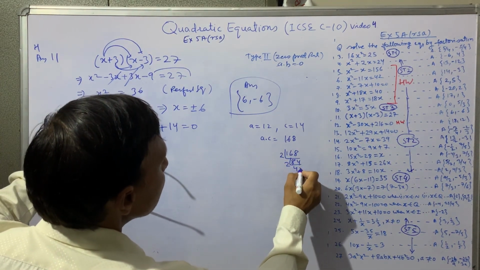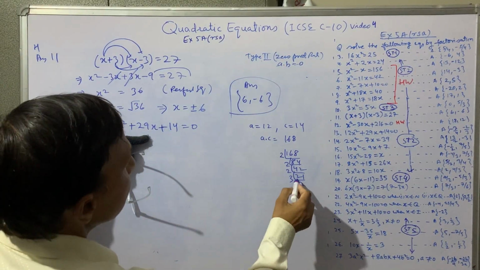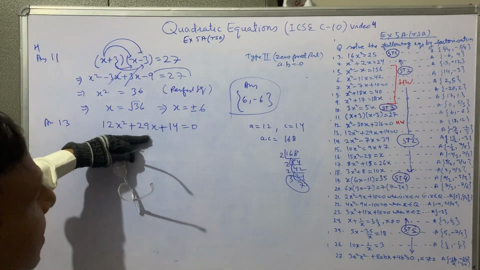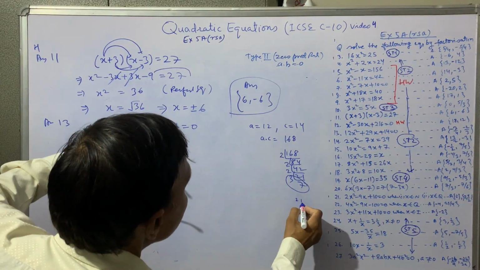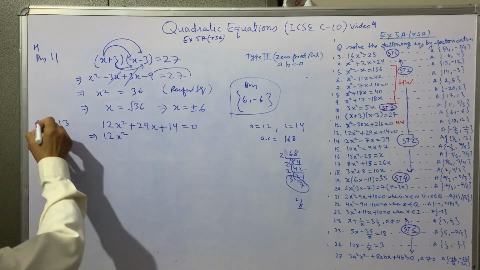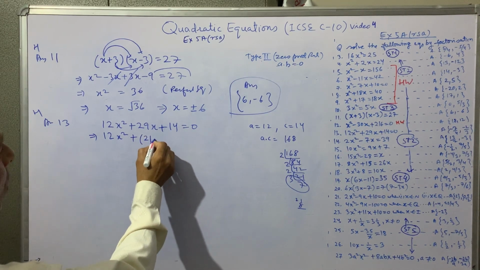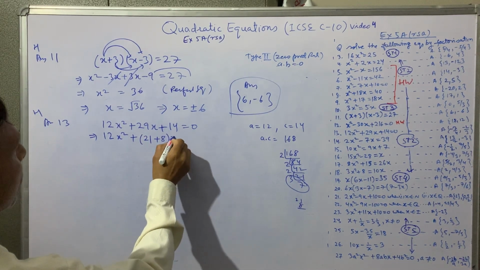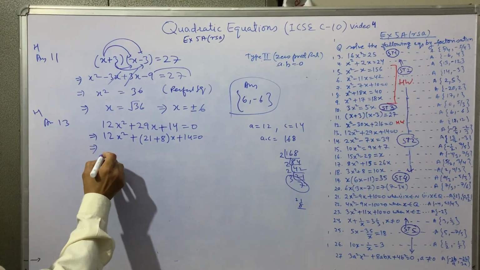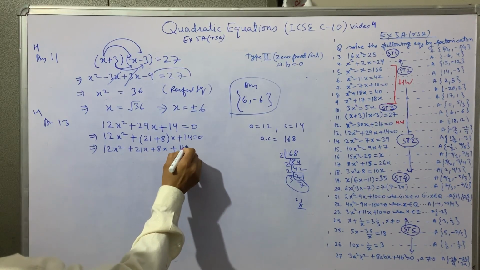2 8 16, 2 4 8, 2 2 4, 2 1 2, 3 7 21, तो 7 3 21 हो गया, और 6 कितना हो गया 21, 29 चाहिए ना मैं, अच्छा ये 8 बन रहा है, तो 8 में तो आ जाएगा 21 और 8 29 हो गया. तो इसको हम कैसे करेंगे, फैक्टराइज कर दिया हमने, 12x स्क्वायर और प्लस जो है इसका आएगा 7 3 21, और प्लस हम कर लेते हैं इसमें 8 इंटू एक्स प्लस 14 इज इक्वल टू 0, ये आया. तो अब इसको हम ब्रैकेट को ओपन करेंगे, 12x स्क्वायर प्लस 21x प्लस 8x प्लस 14 इज इक्वल टू 0, ग्रुपिंग करें